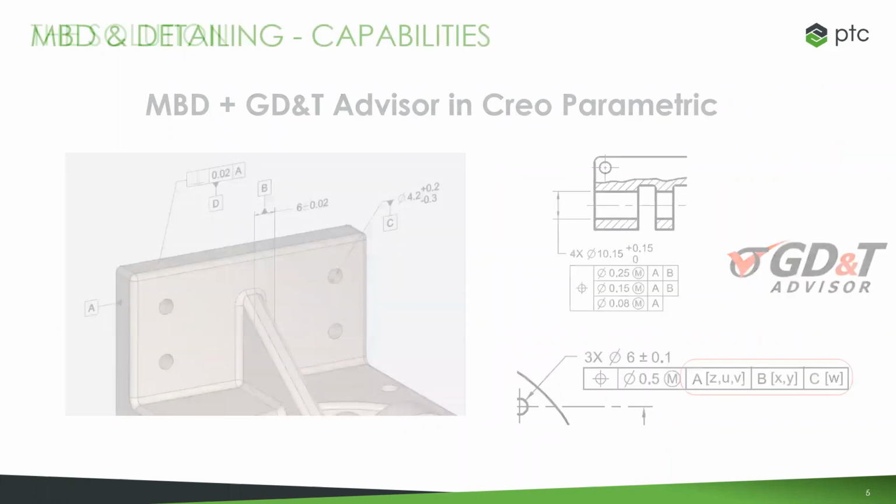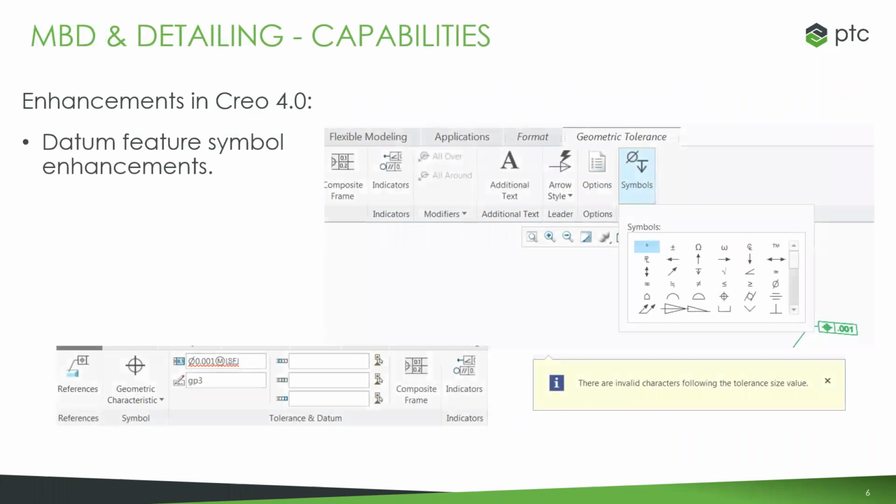model-based definition. A lot of things that we saw, especially starting around Creo 4, we started seeing a lot of enhancements being added into MBD and model-based definition around, first of all, the datum feature symbol. So all the symbols that you would need are going to be under these different standards, right? So we have them all being able to work within those standards. We have them all available. And now if you have any mistakes in laying out those dimensions, the system's actually watching out for that. It's going to let you know exactly where that's wrong, and you can go through and start to fix those